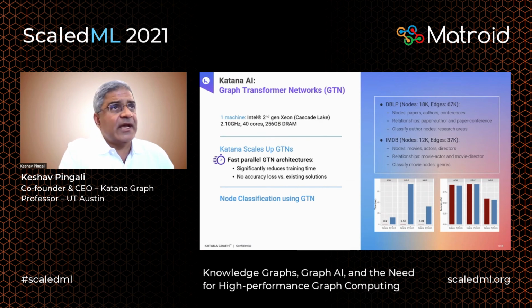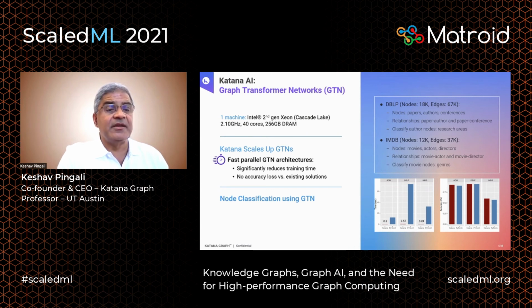One of the things that we had to do for this particular customer was we implemented a graph transformer network. We find GTNs to be very useful because you can also interpret the results very often easier than if you were just using GCNs. So we implemented a fast parallel GTN architecture, and the charts at the bottom of this figure on the right show you some of the results for our GTN implementation.